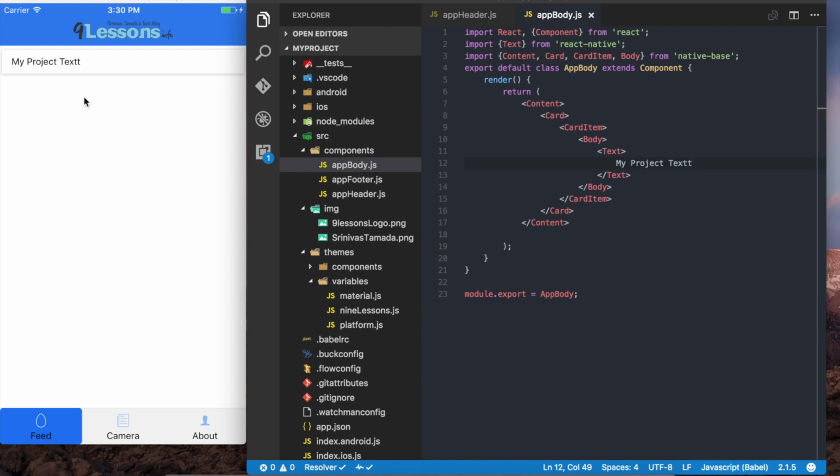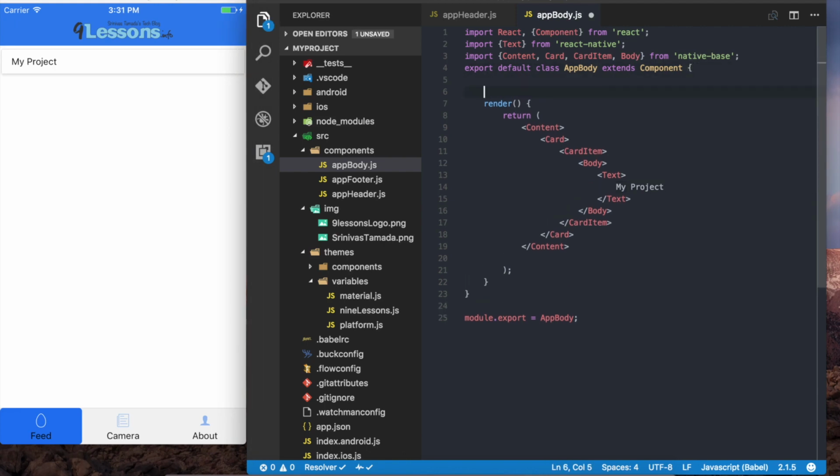Now hot loading is enabled. You can see the changes are happening. So instead of my project, we are going to display the 9 Lessons feed here. So let's start. First I'm going to write, whenever you want to come to the page,